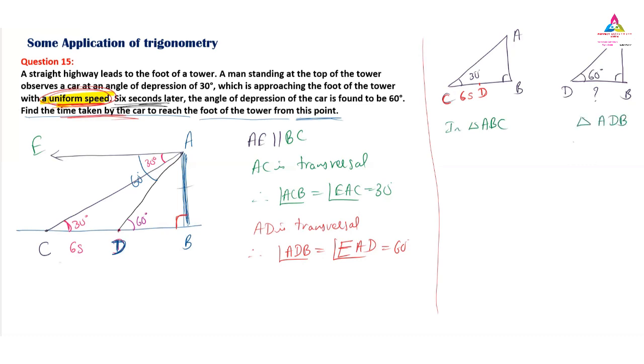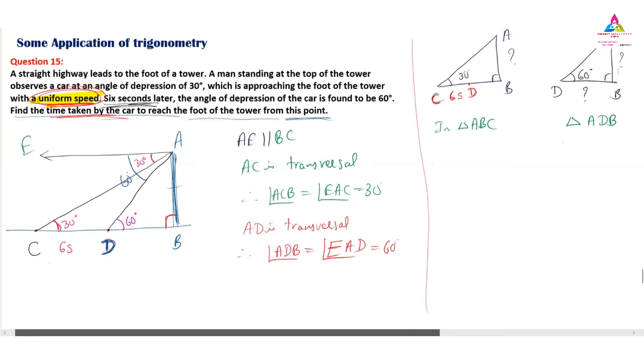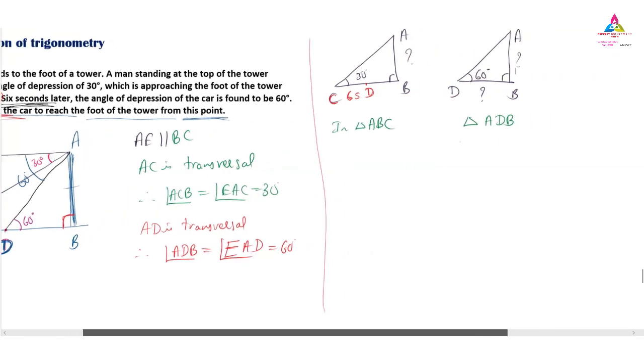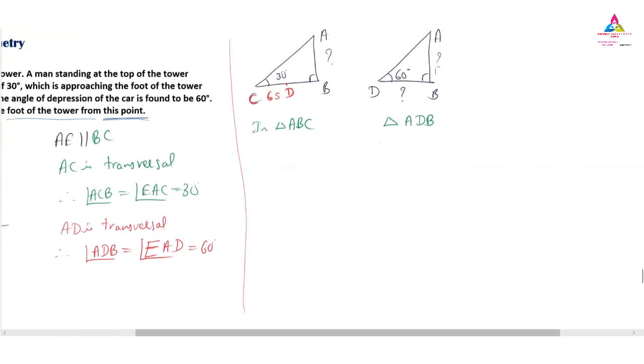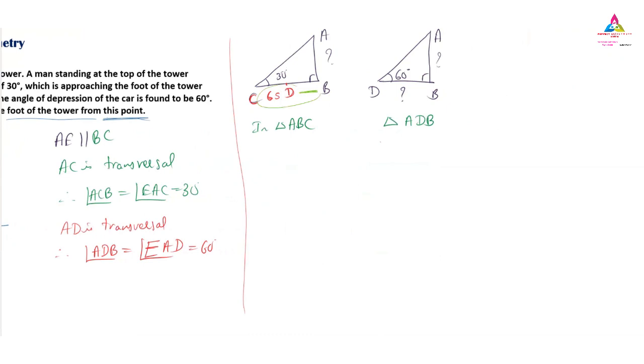we can say that one side is common, that side is nothing but AB. So AB we have to equate, so that we can find the other length. So we will equate them. For that purpose, I will take this right side. We will equate for this, because we want to find the DB length, the distance DB. So obviously this is required, this is the same, it is AB and AB on both sides.